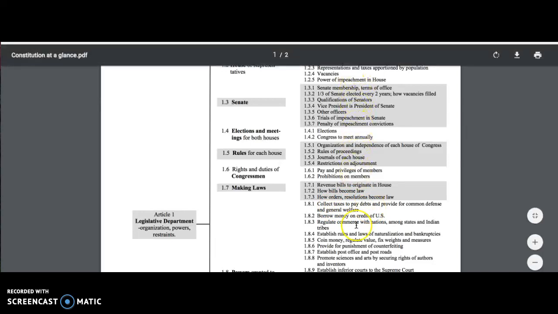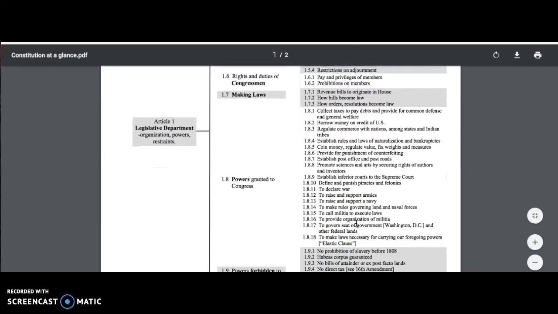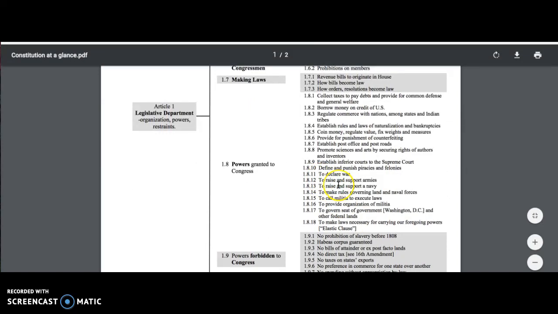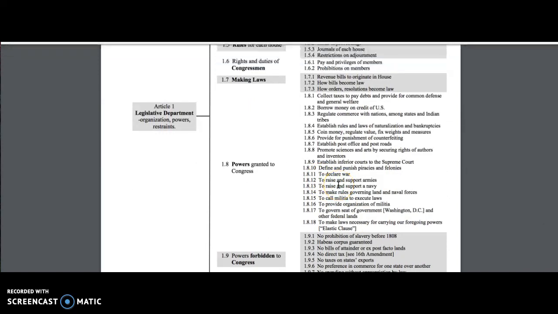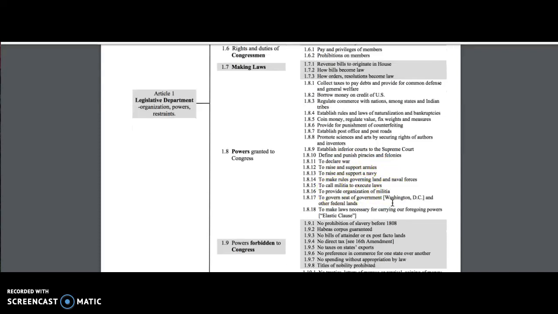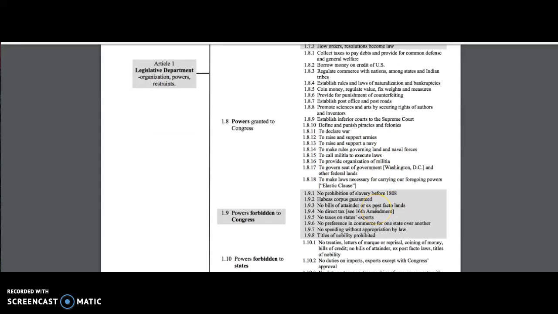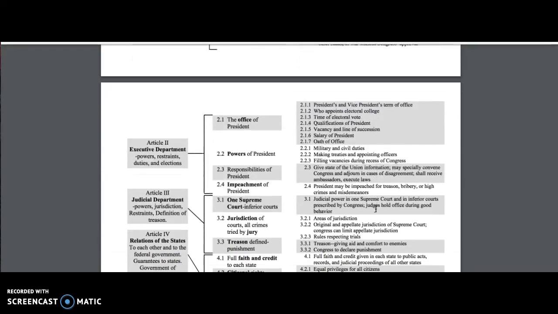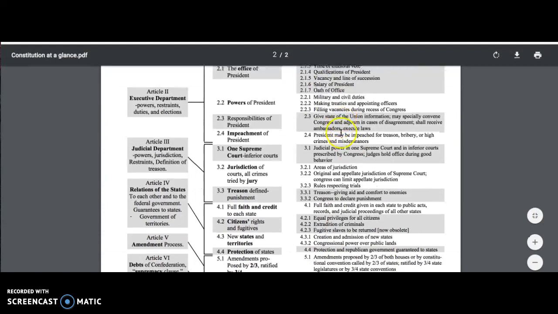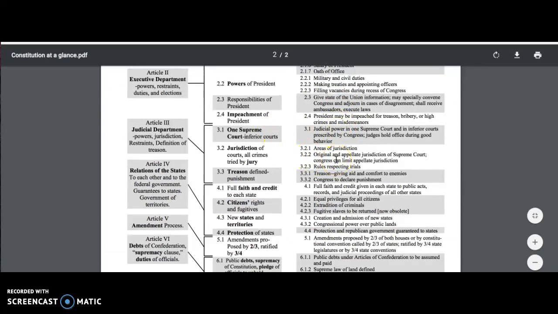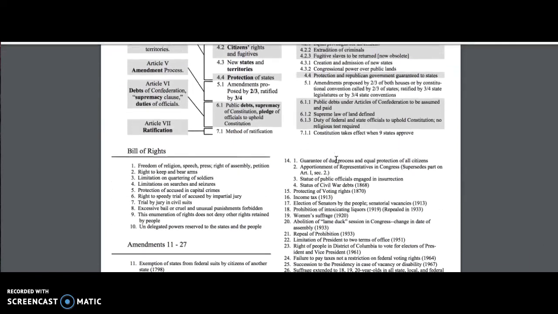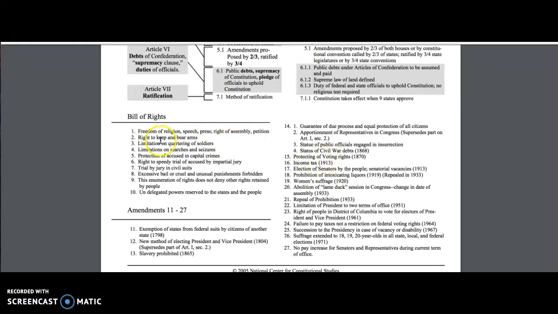So you're telling me where specifically you found evidence in our Constitution, outside of the preamble, of us making sure we're establishing justice or we're promoting the general welfare. Here's about raising armies, raising navy, organizing militia. So all of these would be examples. If you keep going, it goes into the executive branch, then the judicial branch, and if you keep going, then you have all the amendments simplified, so all 27.